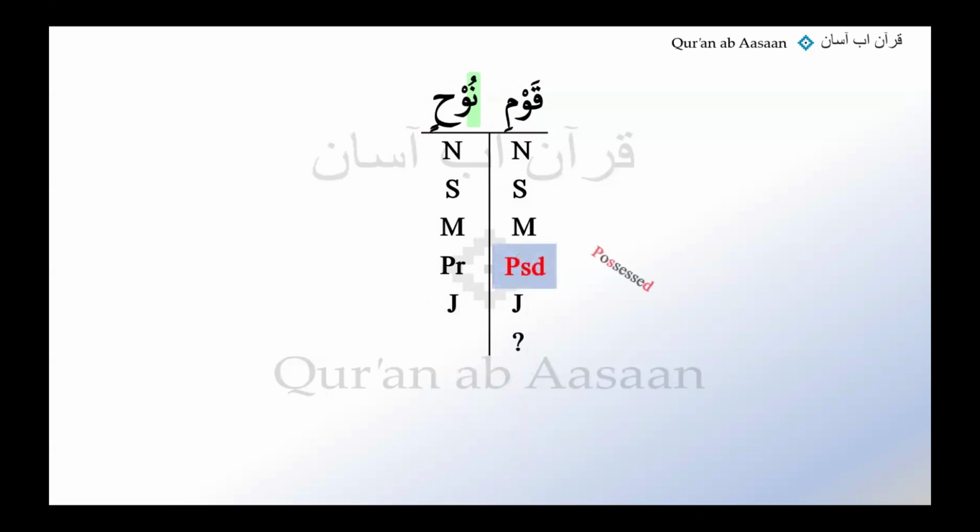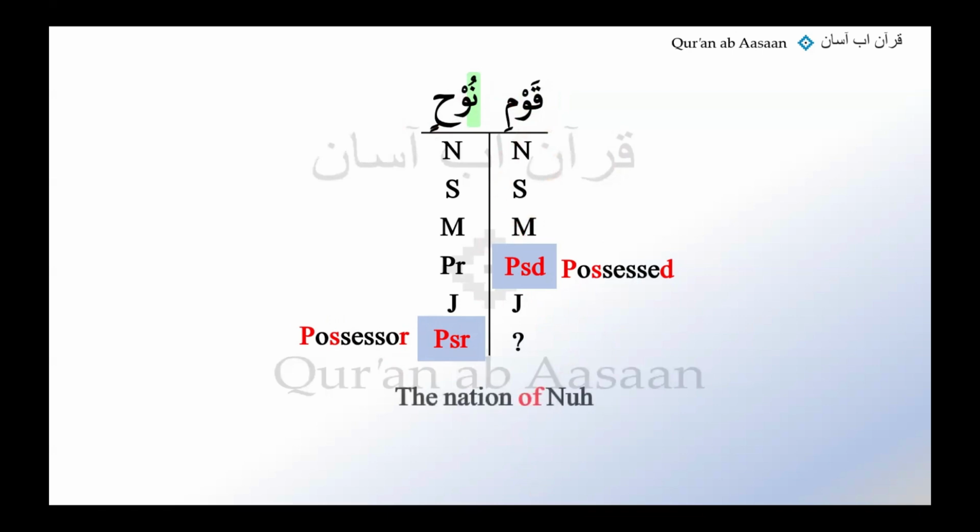And this now means that this Nuhin here, what am I going to write here? This is possessor. Possessor of what? Possessor of Qawmi. Okay, this is possessor of Qawmi. And how am I going to translate it? The Qawm of Nuh. What is Qaum? The nation of Nuh. Excellent. We are going to use this "of" to show the possession, the nation of Nuh.